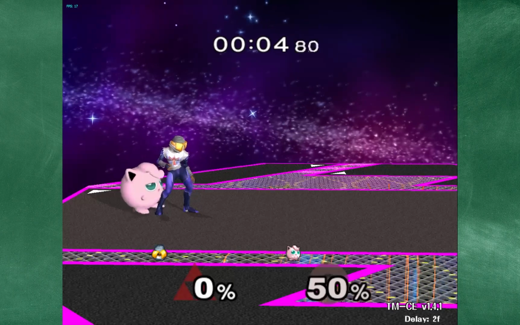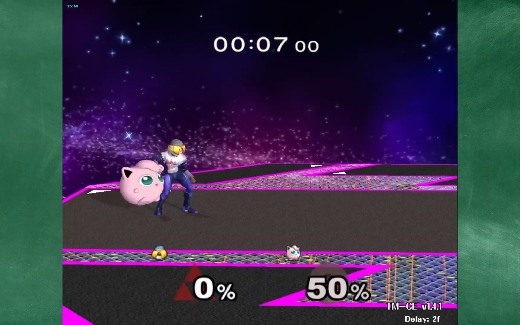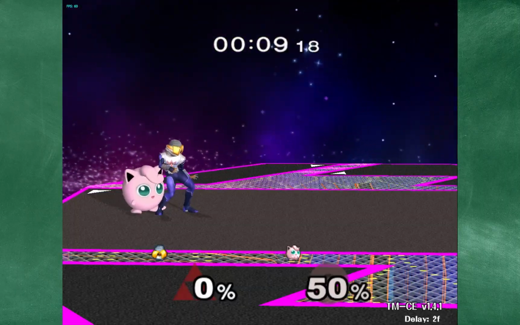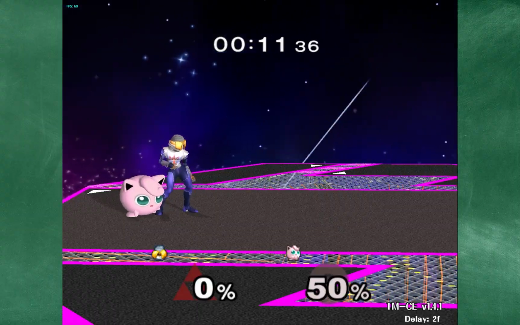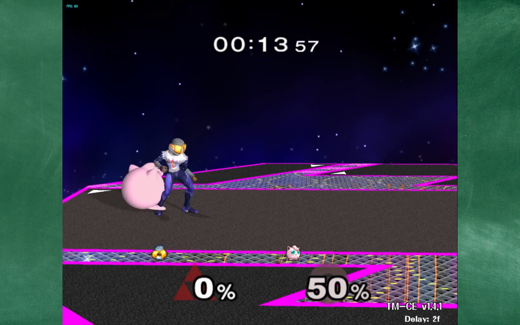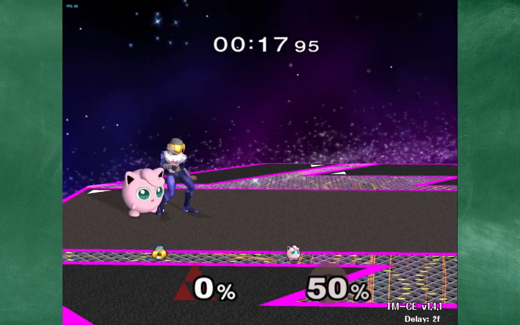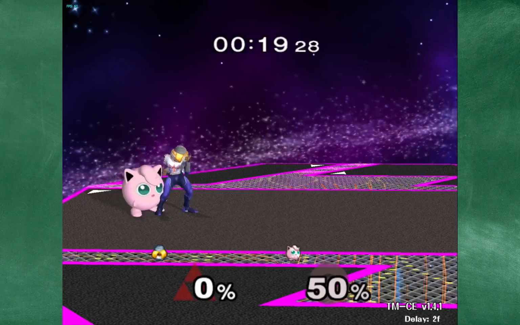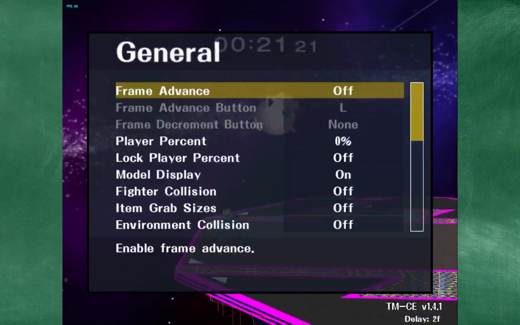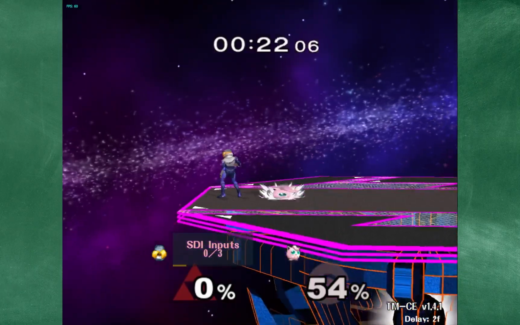Other thing that I use save states for that I think is a little bit weirder is if you have really niche situations, just like neat tech or something that doesn't come up very often, you can make a save state just to remind yourself that it exists. So this is one that on Puff, if I actually hit the back hit of up tilt, depending on what their DI is,